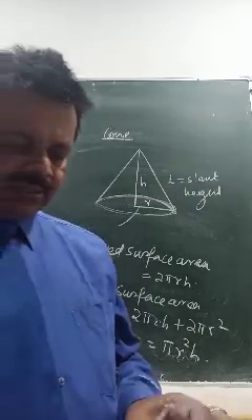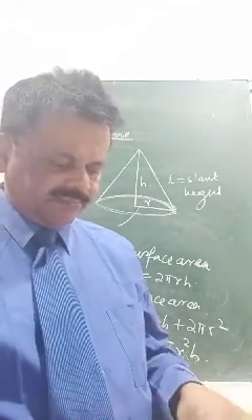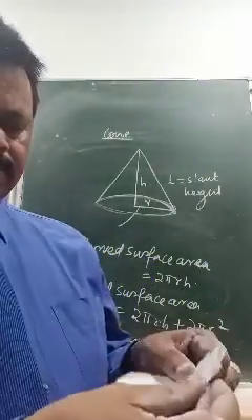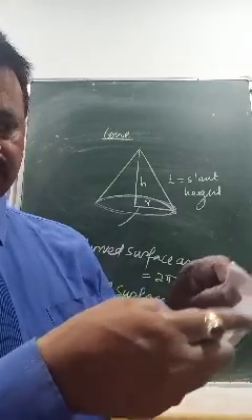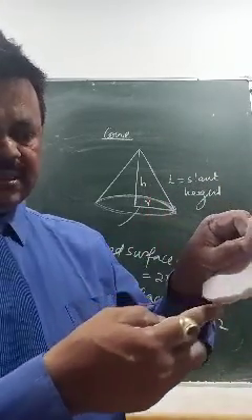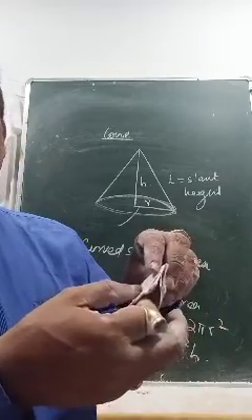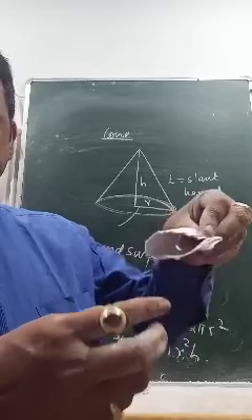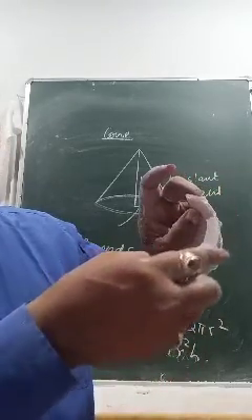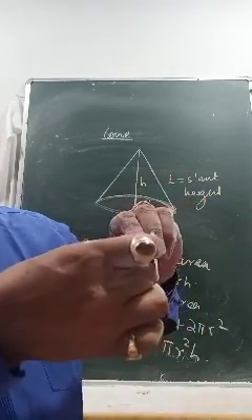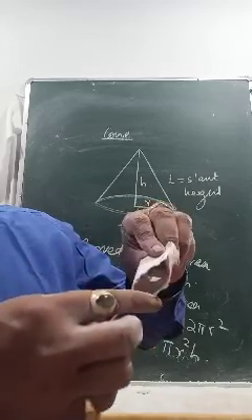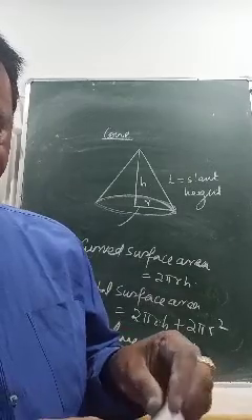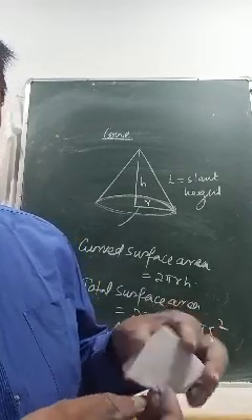Actually, it is a half circle, a semicircle. Look here. Suppose this is a semicircle. So when you are folding it, that semicircle becomes the base. Can you see now? If this is a semicircle, when I fold it, then I get a base. Then which one becomes height? It is now like this.